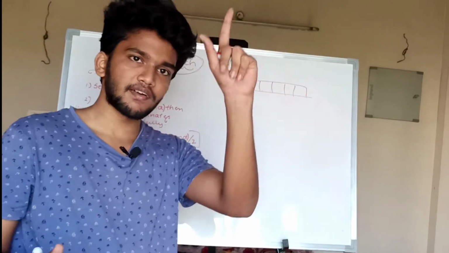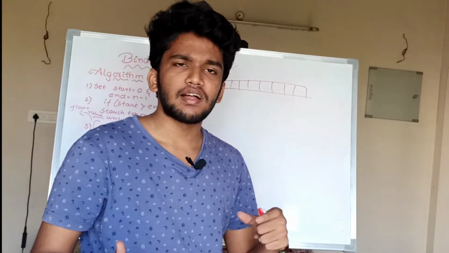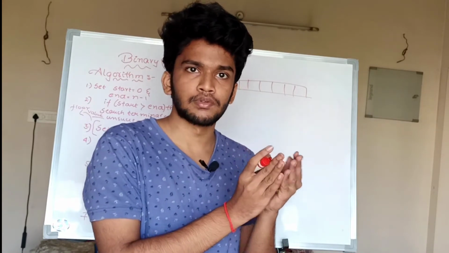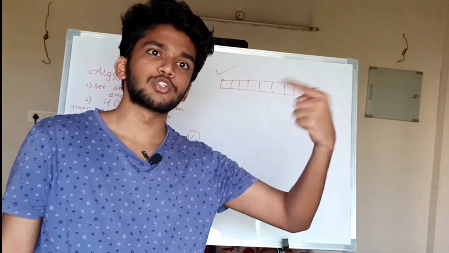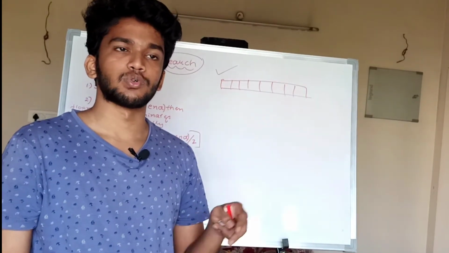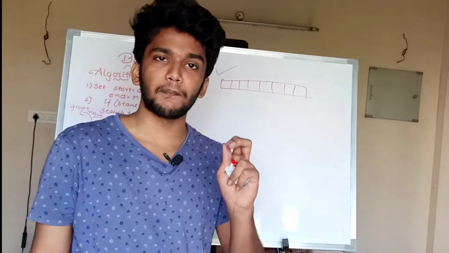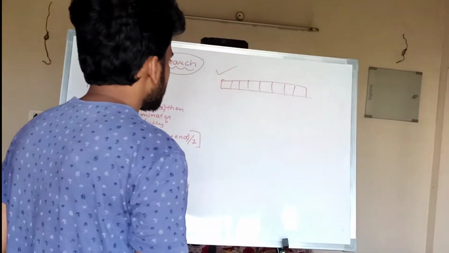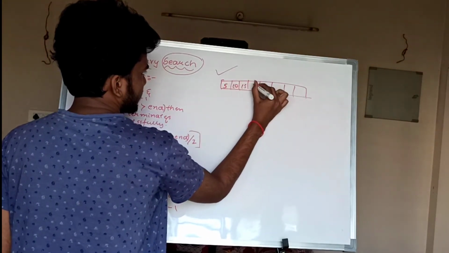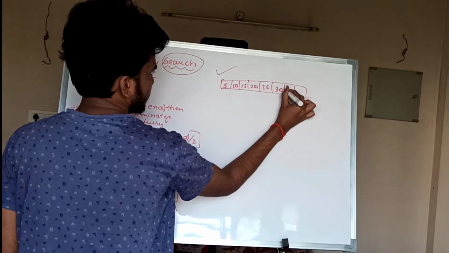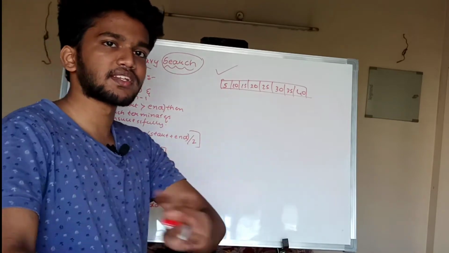Whereas here we divide the array with the help of a middle formula, and we calculate the middle index value of the array. With the key element we check where we should go, either front or back. So so many comparisons are not made here. For a sorted array, binary search is the best thing you can do. So I am taking a sorted array with some elements: 5, 10, 15, 20, 25, 30, 35, 40. I have taken 8 elements. You can take 9, anything, you will get the answer for sure.